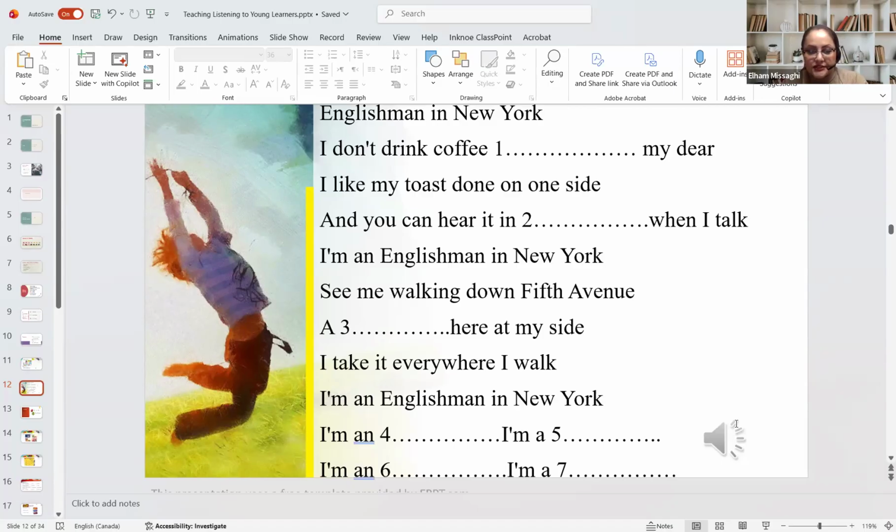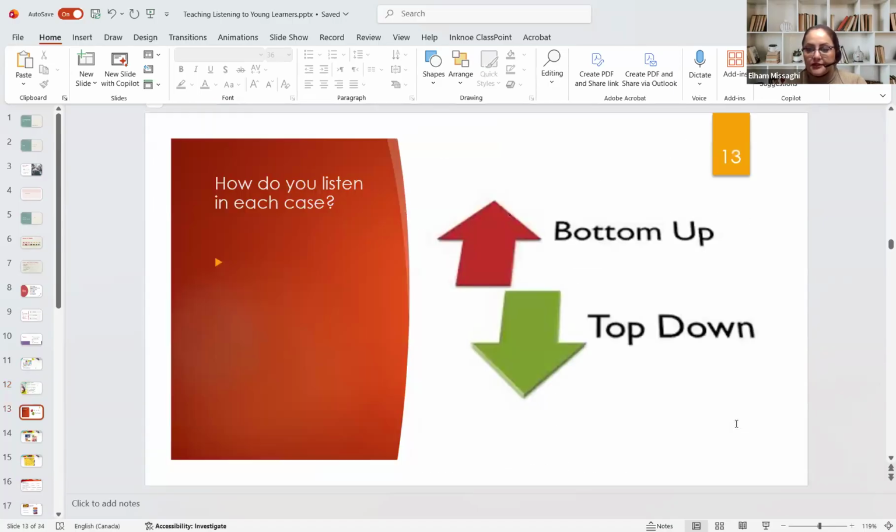Is it clear now? Do you understand the difference between top down and bottom up? And we have to work on both of them, not just ask general comprehension questions, but also review the words and the grammar with our students. Is it clear now to everybody? Yes? Clear. So, in books on how to teach the language, you will see these phrases, top down and bottom up. So it's good to know what these phrases are about.